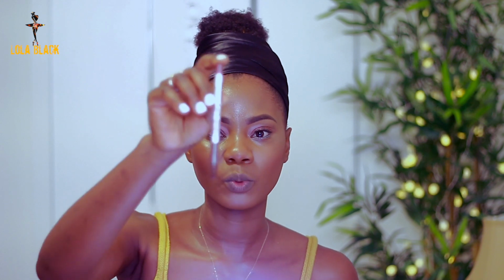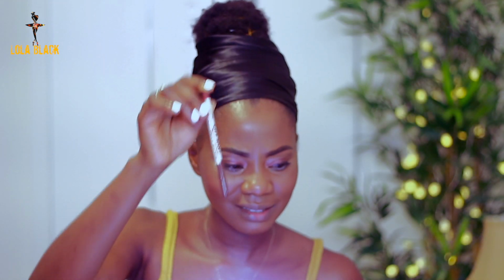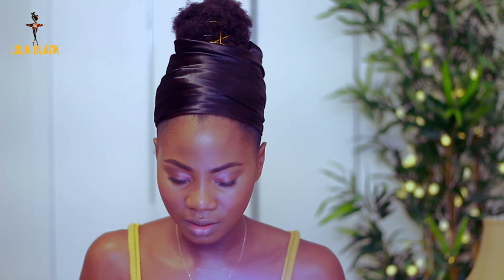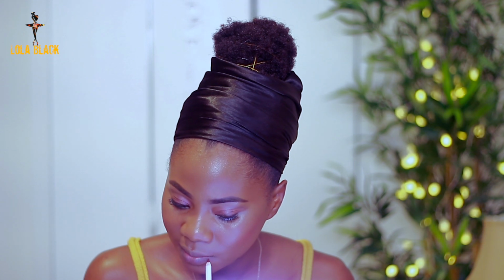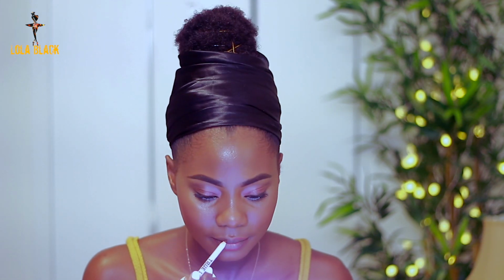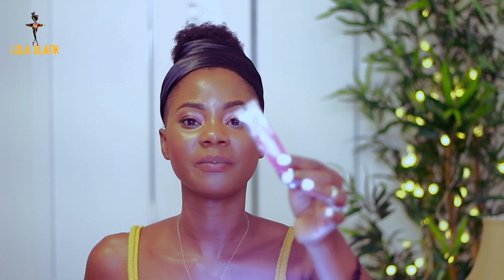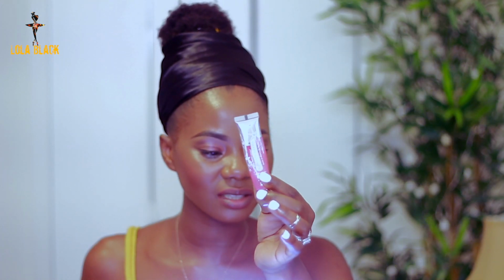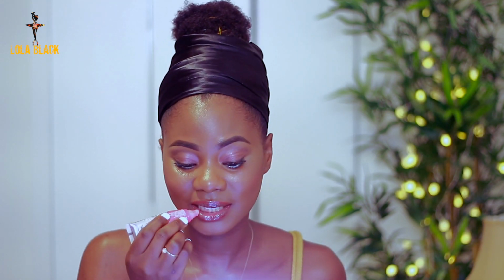Before I wear my lip gloss, I'm just going to be lining my lip with this True Lip Liner. I think it's in wine. This is wine color. I'm just going to be lining the outer corner of my lip. Now that that's all done, I'm going to be using this crystal lip gloss that is shea butter enriched. It's just very regular lip gloss. I like this lip gloss because it's tasty. When I get to kiss Kofi, he's like,